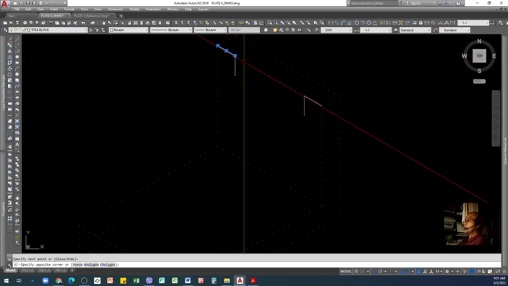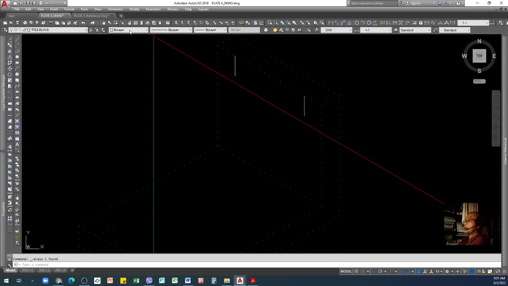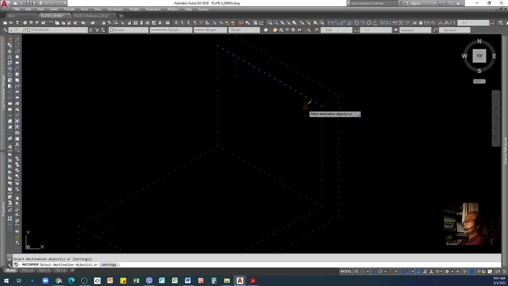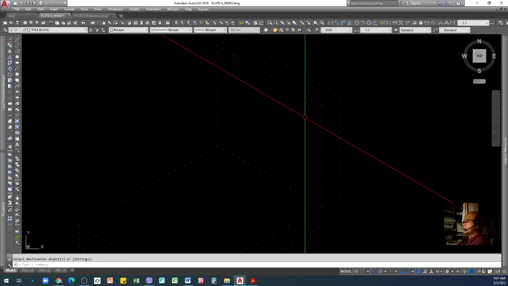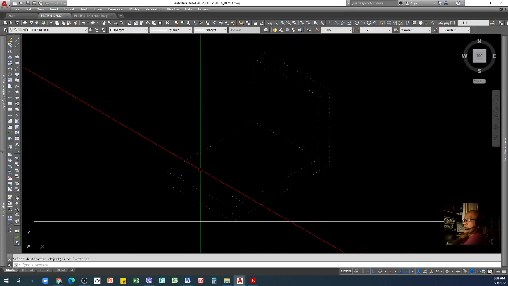Okay, so again we don't need this one, as well as this one. Then we will match the properties. So take note that those endpoints of lines are the center of our circles or ellipse.